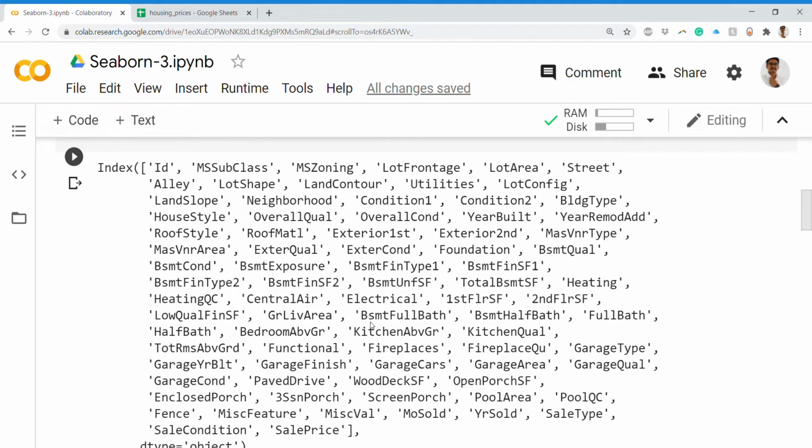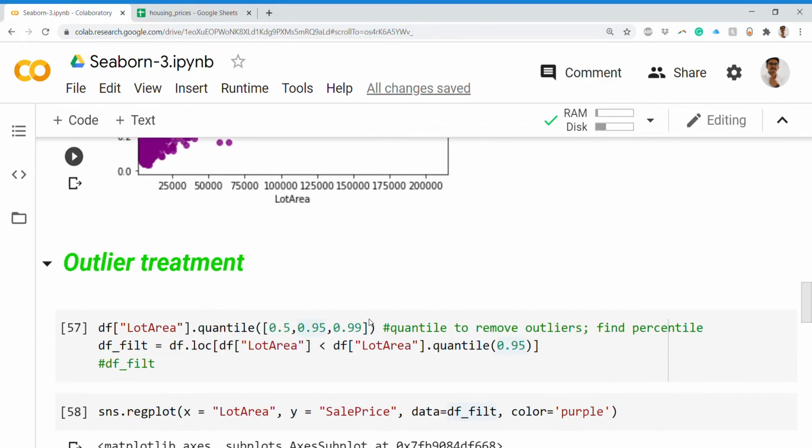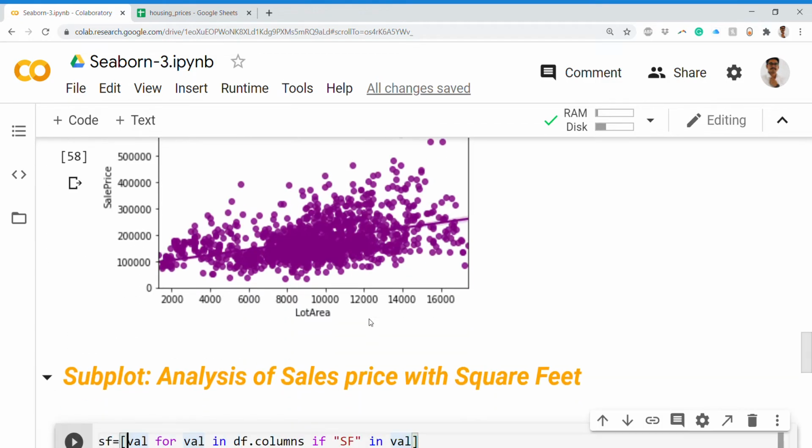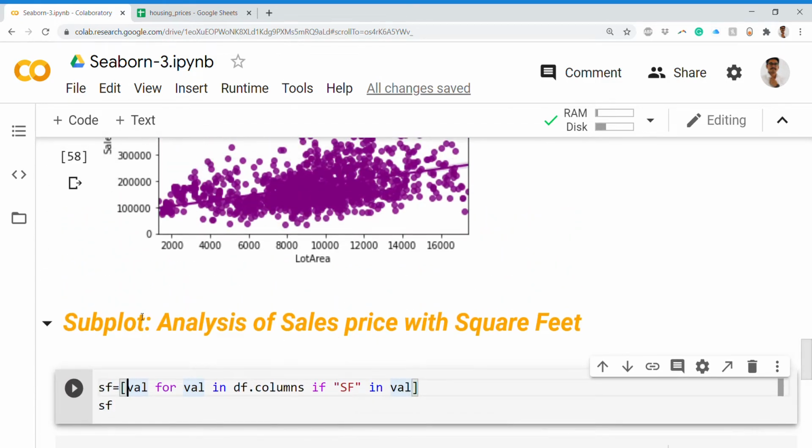Square feet is identified by SF. That is a small piece of domain knowledge. So I'll just print the values in df.columns if the condition is satisfied, if SF is the keyword that is there in this particular column value.